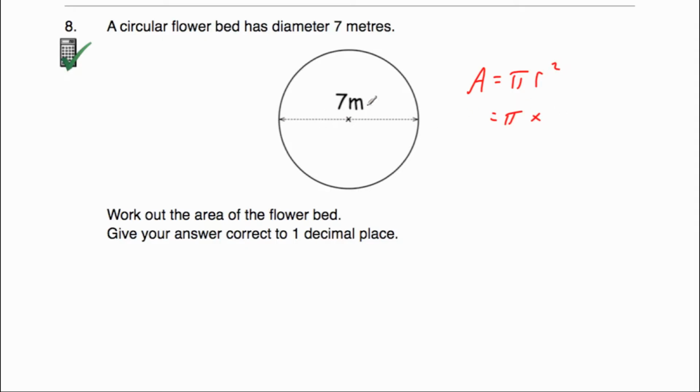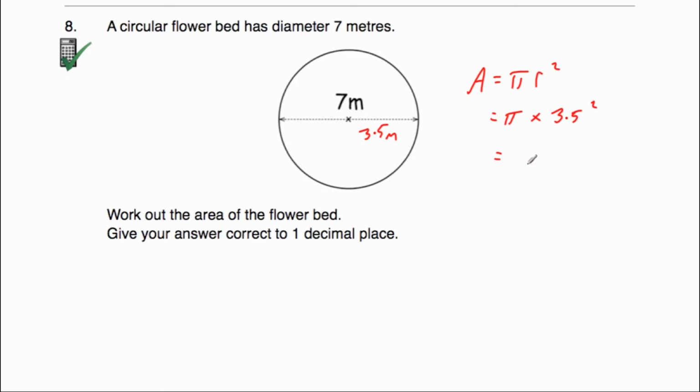So if the diameter is 7 meters, we need to half that to get 3.5 meters for the radius. So the radius is 3.5 meters. So we're going to do pi times 3.5 squared. And whenever we do that, we get pi times 3.5 squared is equal to, now we've been asked to give